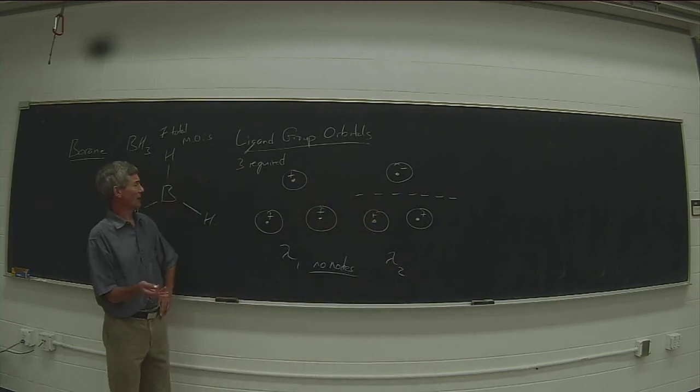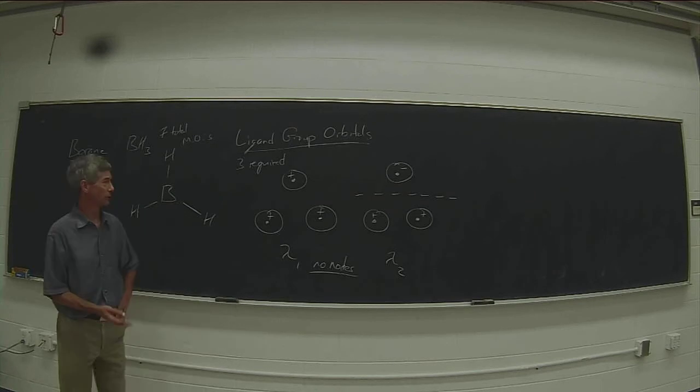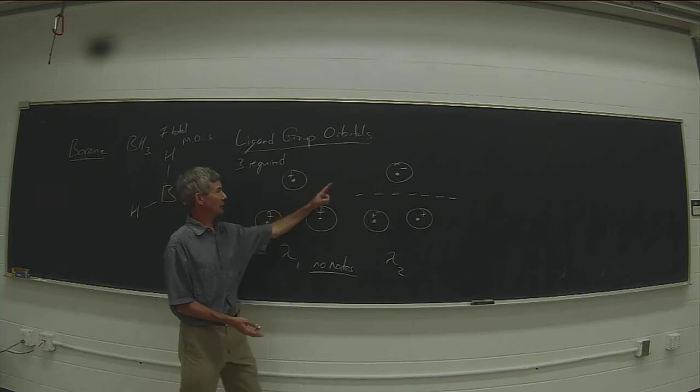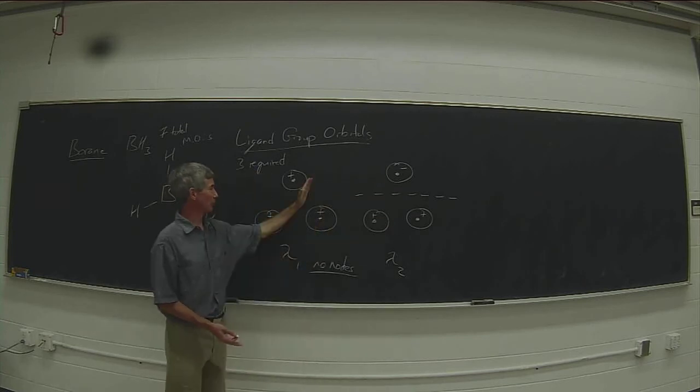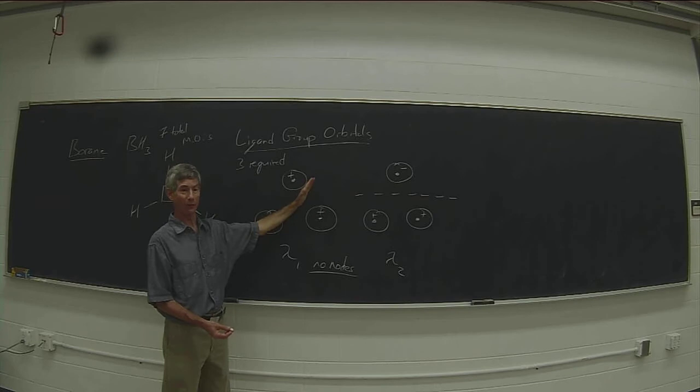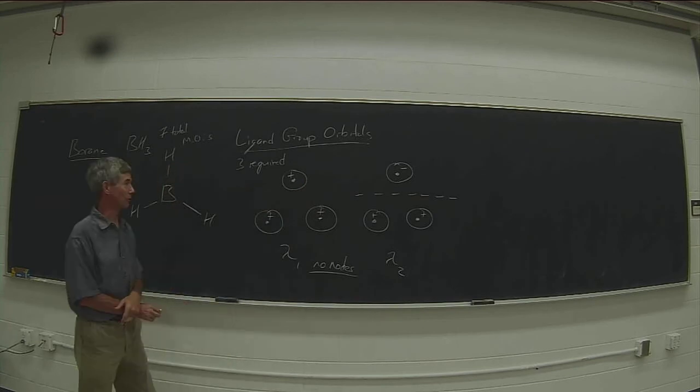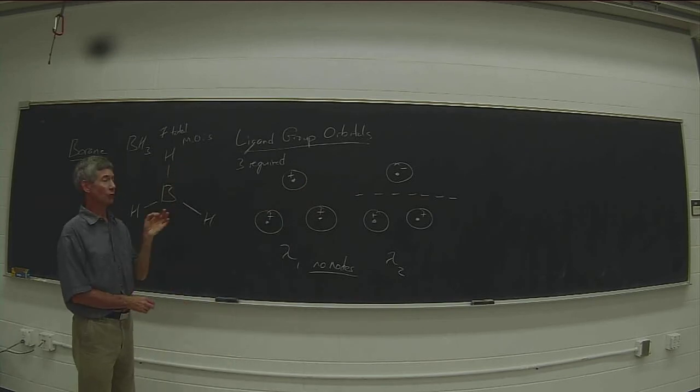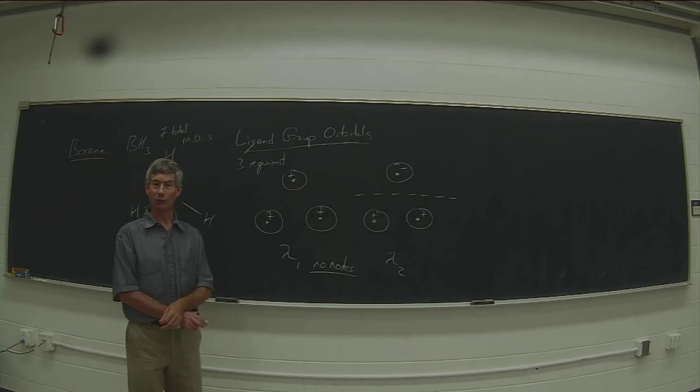So what's the other way to put a single node through? Well, we can slice it here, but that would create exactly the same symmetry orbital. It would just be rotated 120 degrees. We can slice it here, rotated 120 degrees. When you're creating 2 degenerate orbitals, each of which has 1 node, it's best to make those nodes perpendicular to